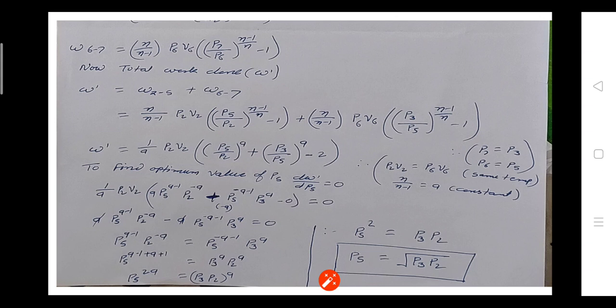Okay, that's why we can say that the approximate value of P5 equal to the square root of P3 P2 is the intermediate pressure for the intercooling process, or the connection of the two compressors. Now, what is the exact effect on the COP, or how much variation takes place in the COP, we will explain by taking some actual numericals, that we will see in the next